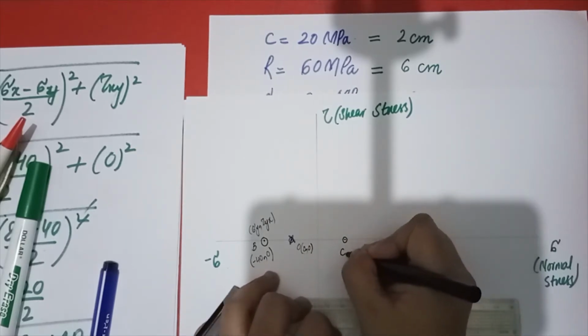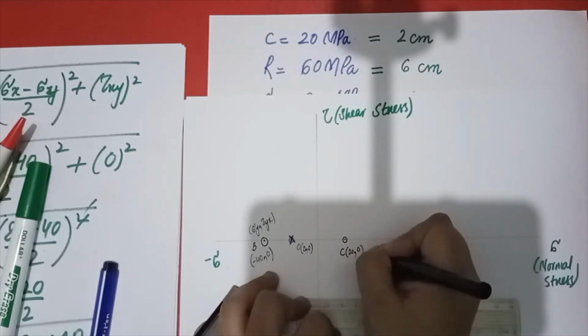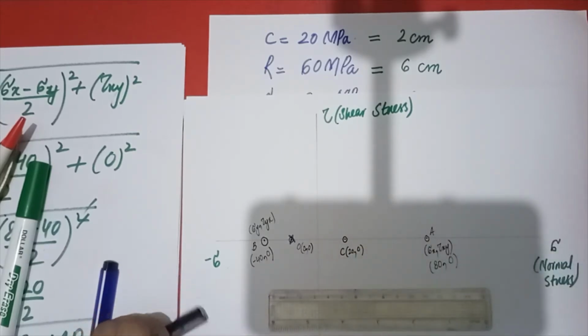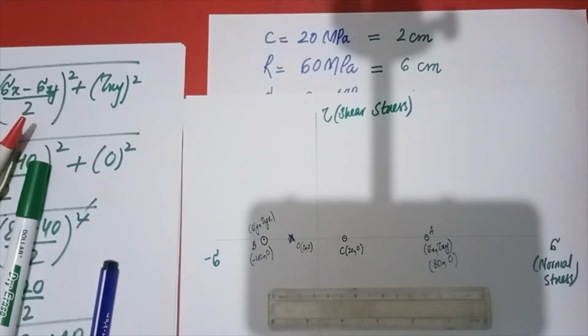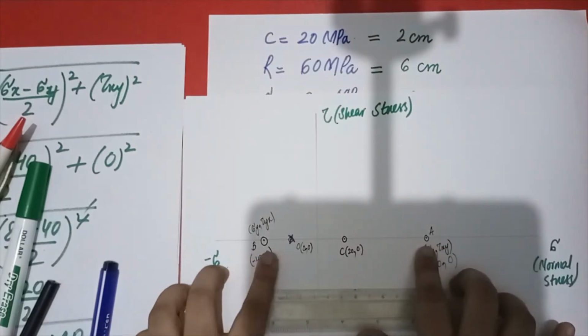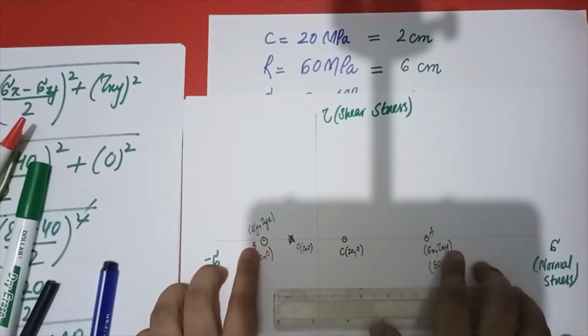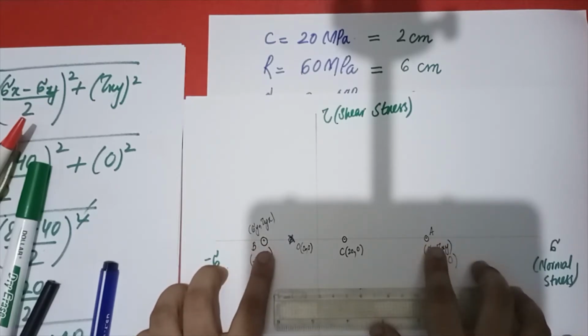This is C, and 2 centimeter is equal to 20 actually here, and this one is 0, because the y component, or you can say the tau axis, should be 0 here, because all the values are just lying on the normal stress plane. So keep it in mind, when you are having point A or point B, these 2 points are on the normal plane. So these are known as principal stresses. You can also name them as principal stresses.